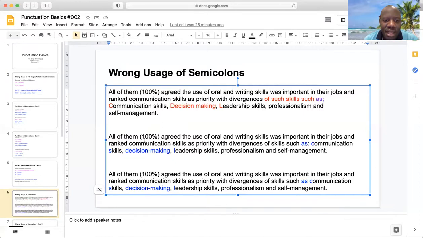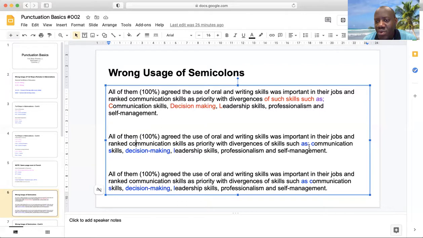All of them, that is 100%, agreed the use of oral and writing skills was important in their jobs and ranked communication skills as priority with divergences of skills such as, well, although I put this here just because I wanted actually to remind you that, as I said last week, we don't use a semicolon to introduce a list. We use the colon. But in reality, it is almost not correct to use such as, and again, you interrupt